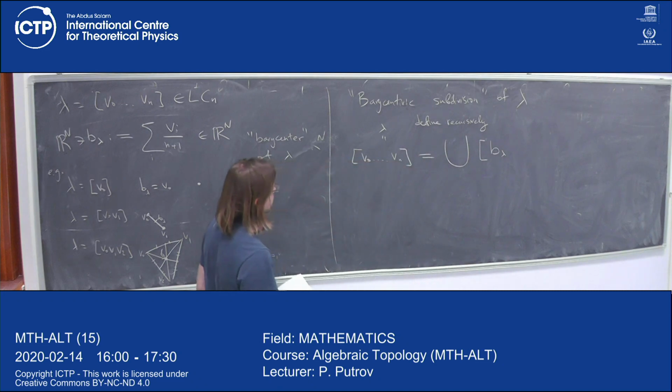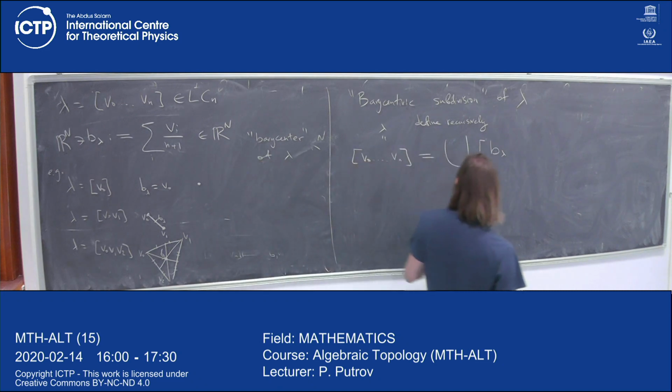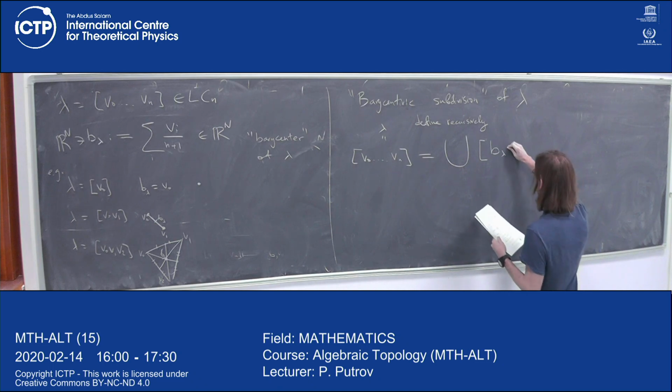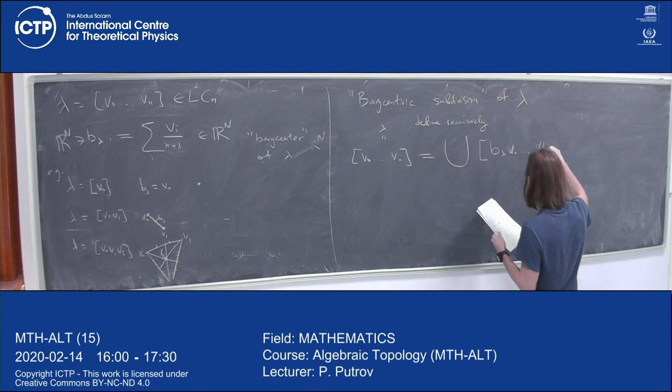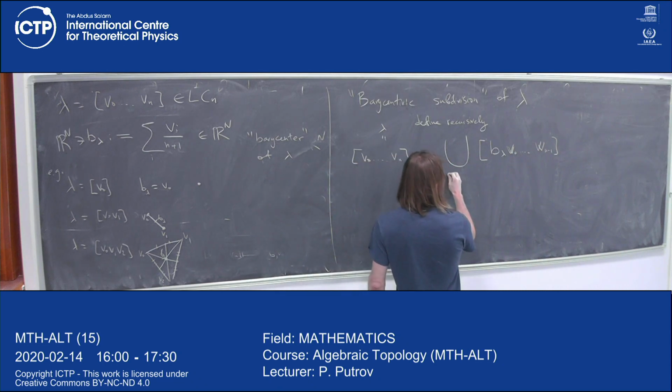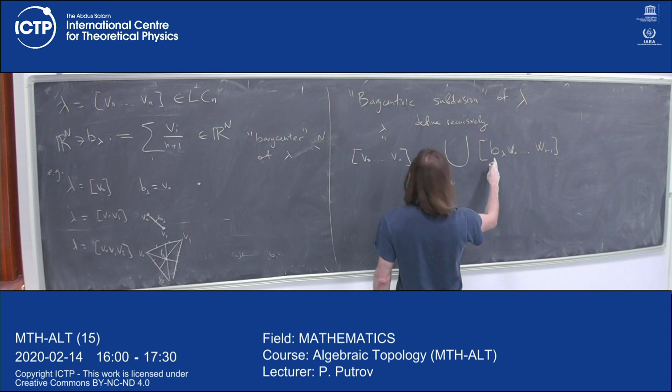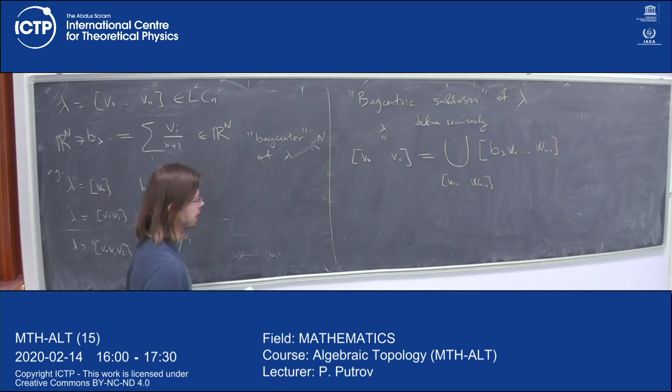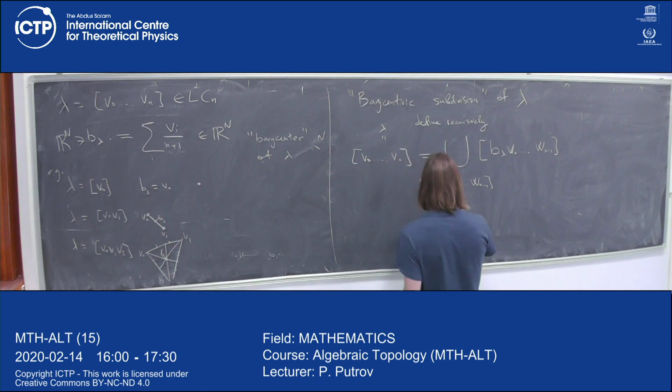I understand this as a union of the following simplices, such that if I remove b lambda from here, where b lambda is the barycenter of lambda, then the rest, some n-1 simplex, should be inside